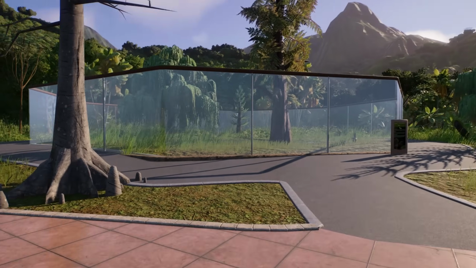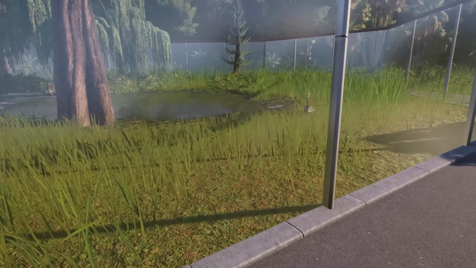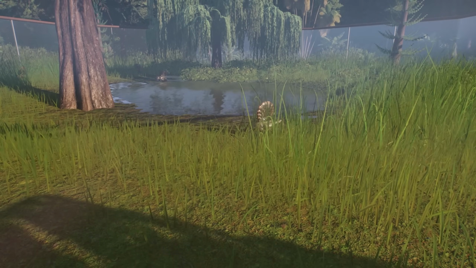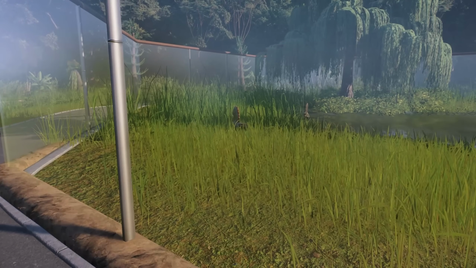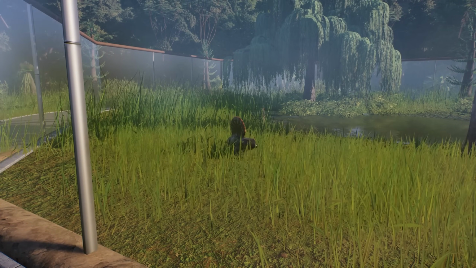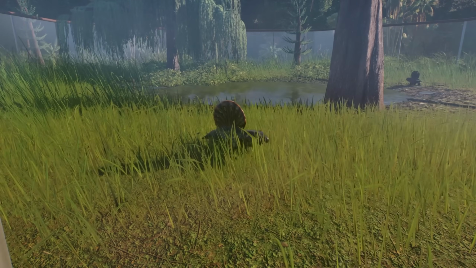And then over here, we've got a completely clear glass exhibit, as you can see, for our Platyhystrix, which is actually a really interesting little creature because it's an amphibian. It is an amphibian with a sail, which is really, really unusual. It's an amphibian from the late Carboniferous of the US, an amphibian with a sail, highly unusual. These elongated neural spines have...